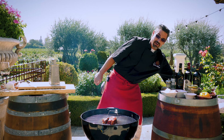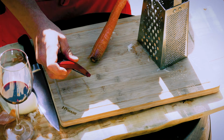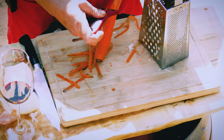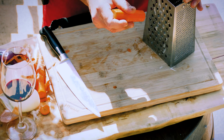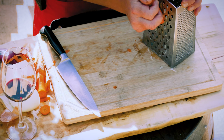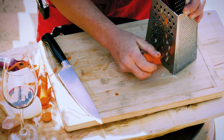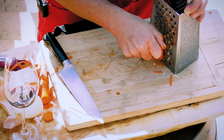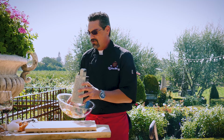Next, we're gonna need carrot. And of course, remove the skins first. And again, just using the cheese grater on the largest hole size that's pretty typical on these. And again, about 1 tablespoon to 2 tablespoons. Right into